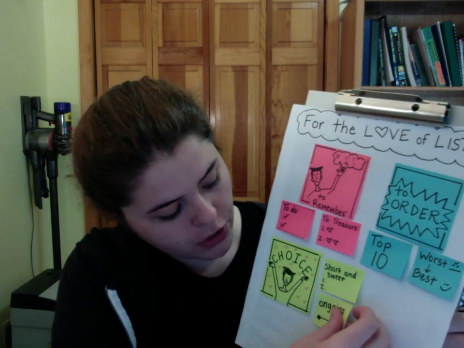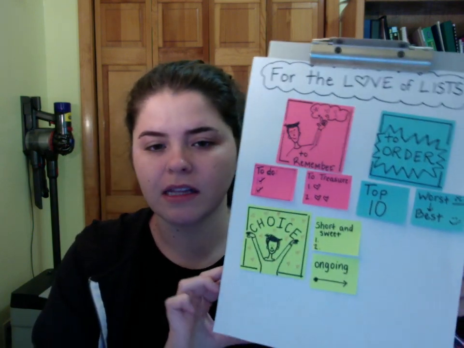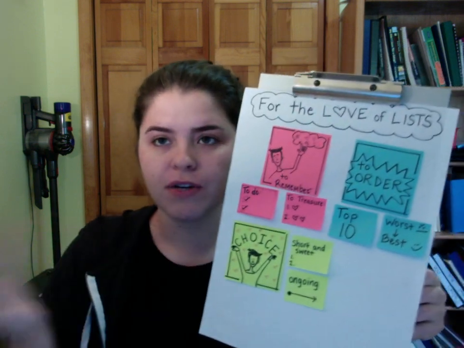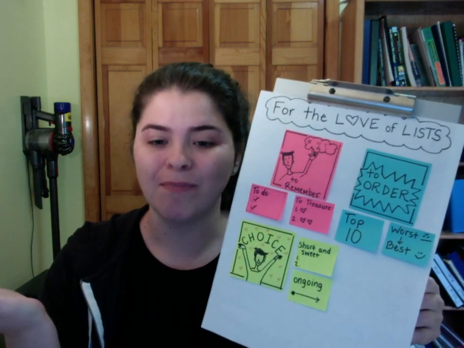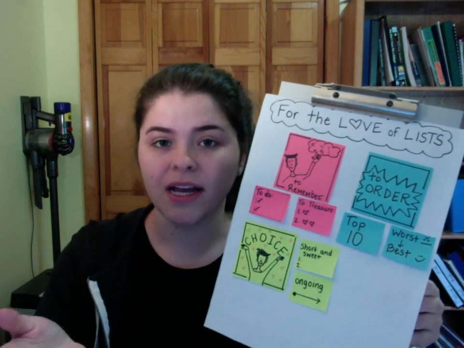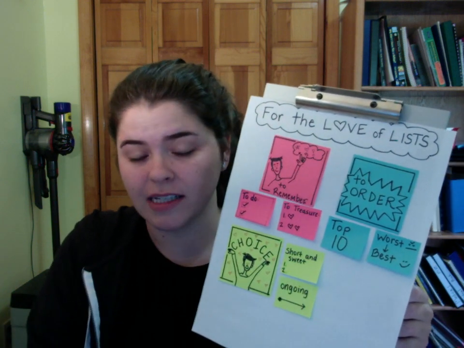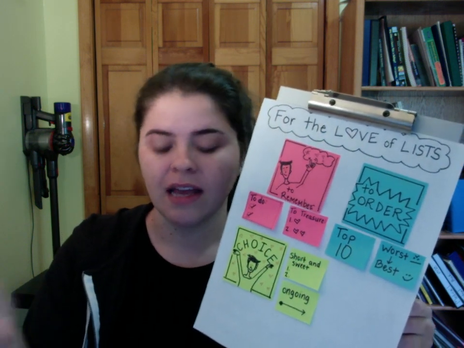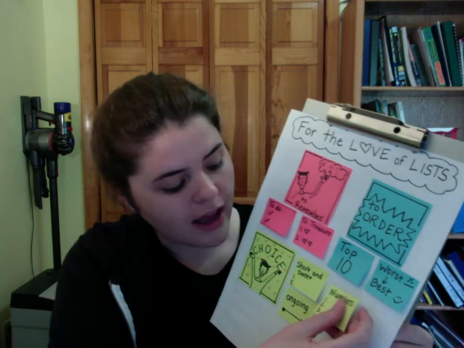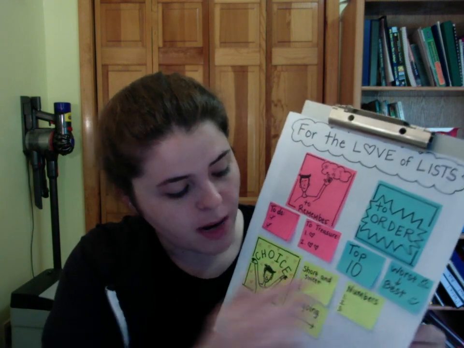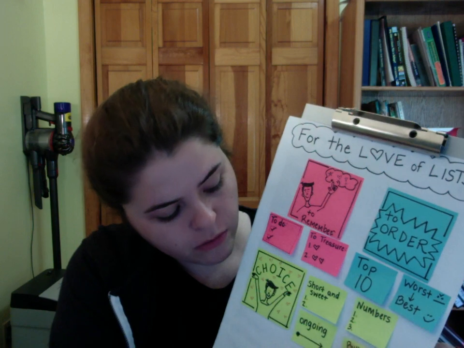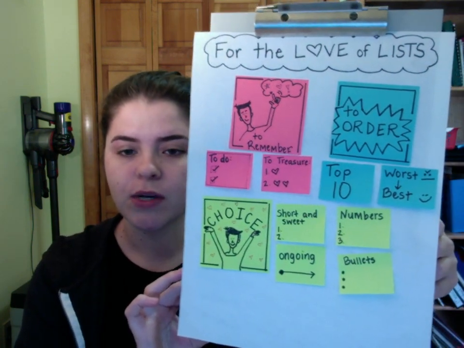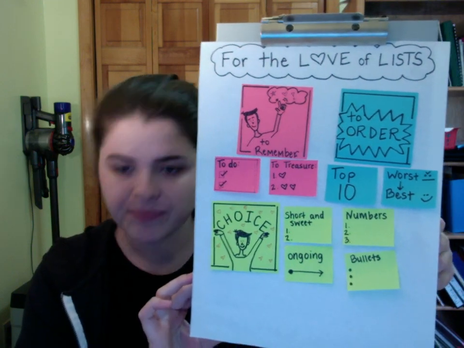You could also do an ongoing list, which means the list isn't done, you're adding things to it continuously. So for example, if I'm reading books right now, which I am, I keep adding on a book to my list as I finish reading it. So that way I can look back on 2020 and see exactly what books I read. Okay, so another choice you have is to either make your list with numbers, or if you're wanting to do bullet points instead, you can do that. So those are some choices you have as you're making your list.